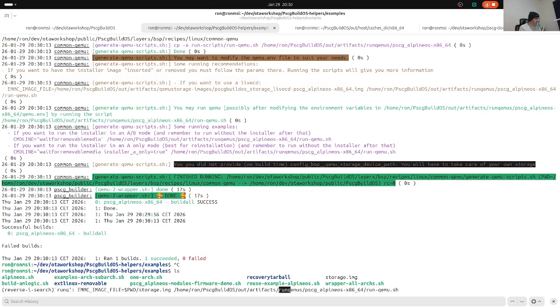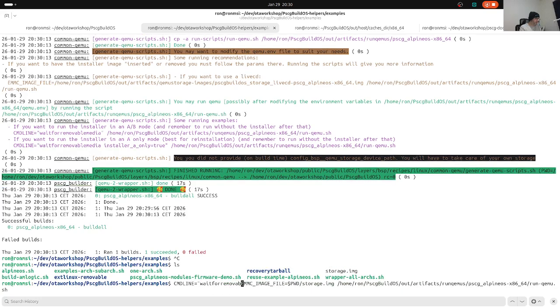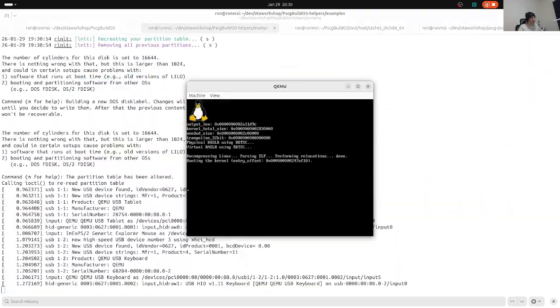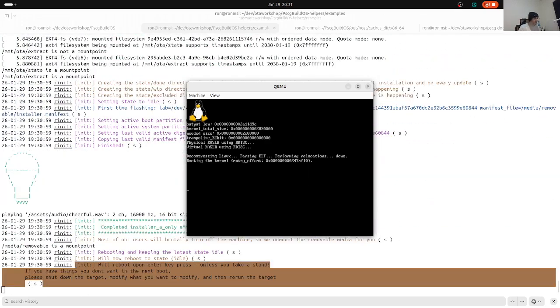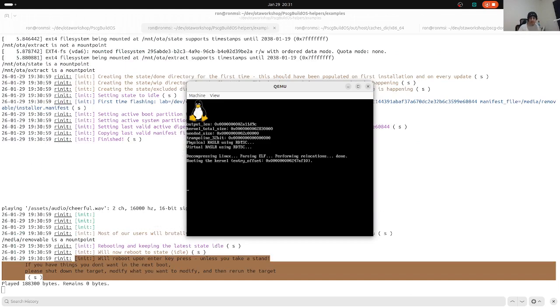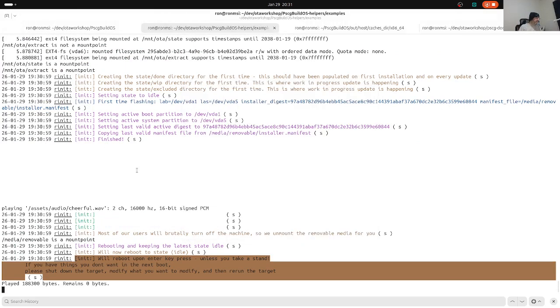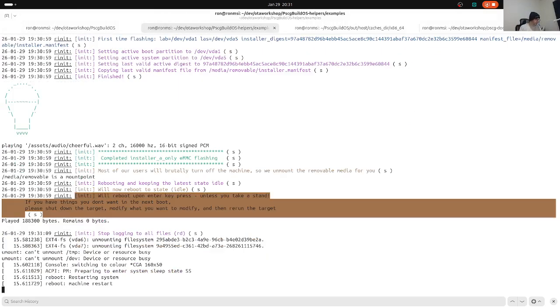So if I now go and create a little storage device here temporarily, and I run, let's do this command line equal, let's do wait for removable media and installer only equals true. Then here I have graphics. You see I have DRM. Maybe you could hear that we have the installer. Maybe you can hear a sound now. And yeah, it's so fast that I will do the reboot and we'll see that we have,